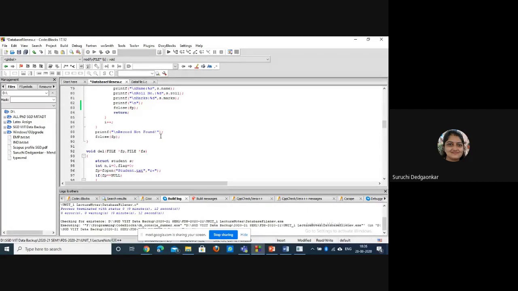Now you know how to perform the logical deletion. Just make the flag 1 and write that record again. So the logic will be similar to the modify function only. But instead of modifying other parameters, we will manually modify the flag value to 1 and write that record again at that position. Okay? So that is logical deletion.